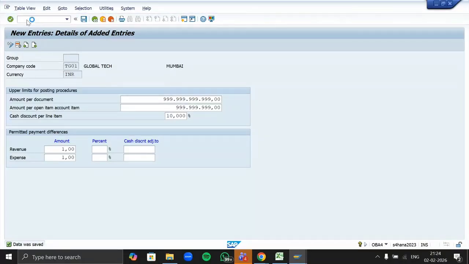See, just a second. So when the screen system will just ask you permitted payment difference. Hey, yaar, it's taking too much time to load.